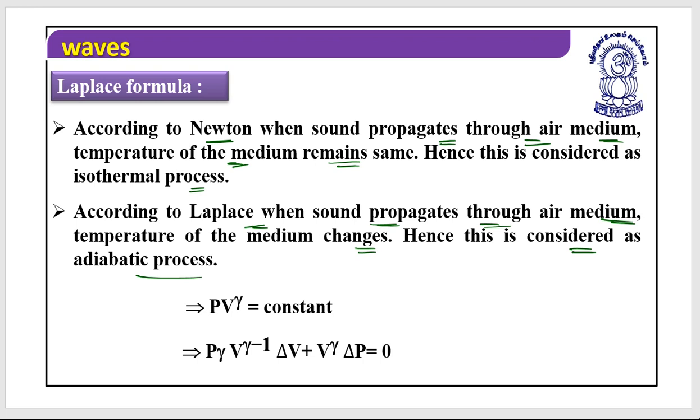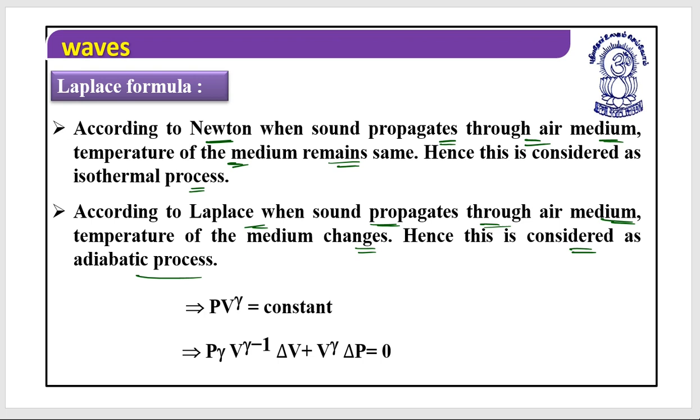Even one more variation was there. Newton considered that this compression and rarefaction took place at a very slow rate. That is what we call a quasi-static process. But Laplace said that this could not be a slow process. This is a very rapid process. The compression and rarefaction must occur at a very high rate, and this is how